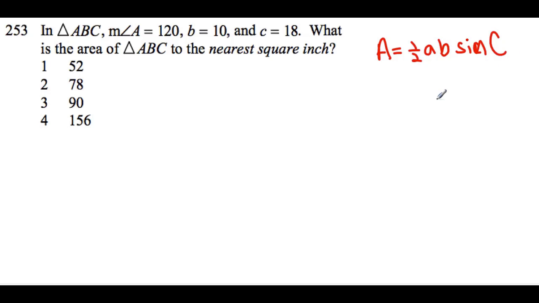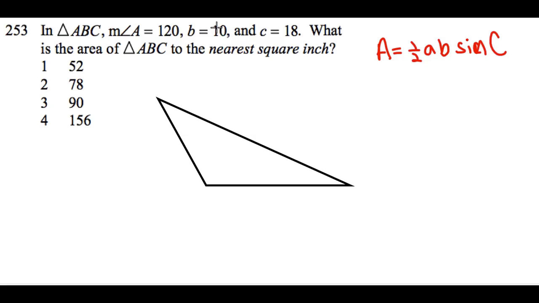Now you see that the A, B, and C is all relative. Angle C has to be between two sides. So in this case, what I'm going to do is this. I'll try to draw a triangle for you. So assume that a big angle 120. So why don't I call this one as angle A, and I'm going to call this one as angle B